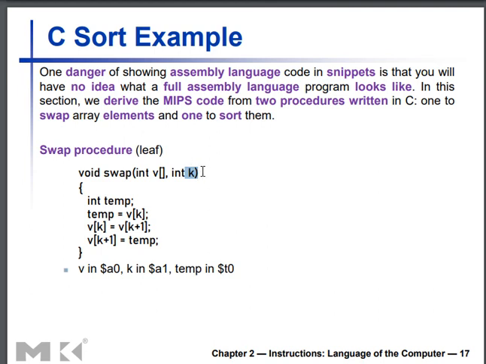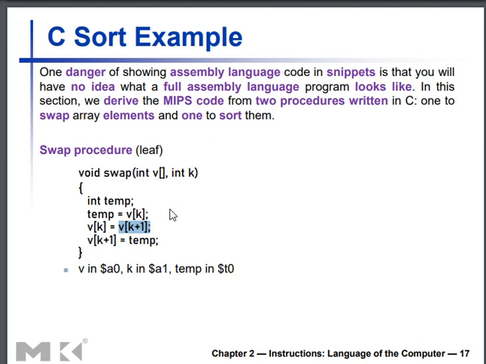So what is the meaning of this procedure? Let's assume that I'm passing an array with an index. Let's say the index is 2. So the array is V, so V of 2. I'm going to swap V of 2 with V of 3. See, K value is 2, which means V of 2, with V of K plus 1. 2 plus 1 is 3, V of 3. So I'm swapping the values.